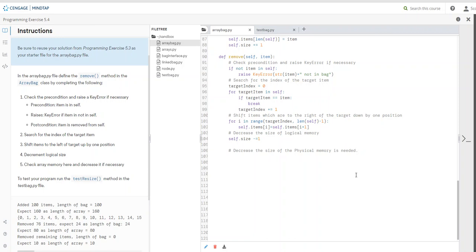Now, what's the rule on the other side? Well, let's say if len, and it's len self, is less than or equal to len self dot items divided by 4 without any remainder, and